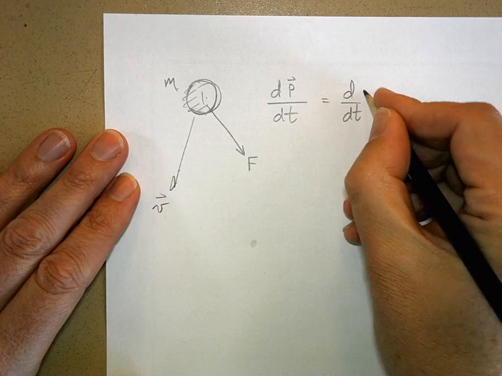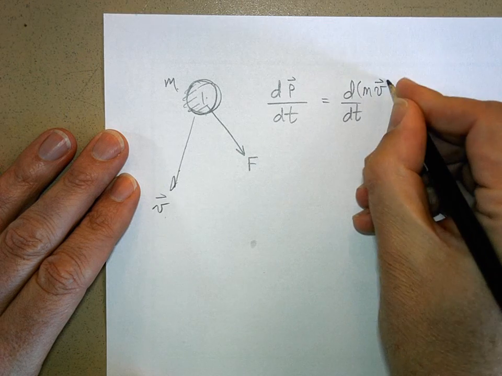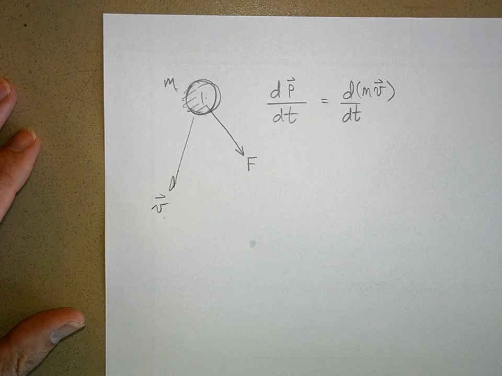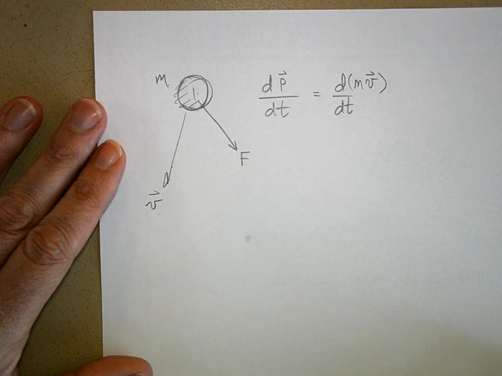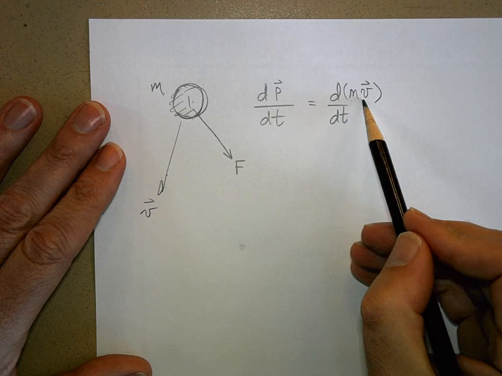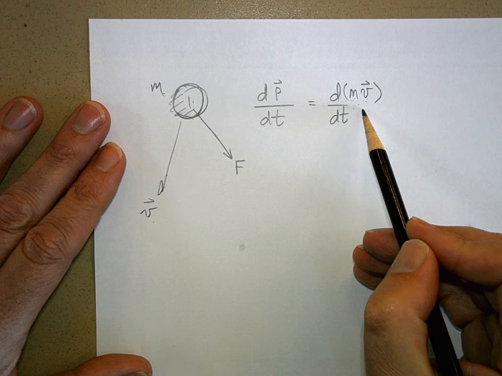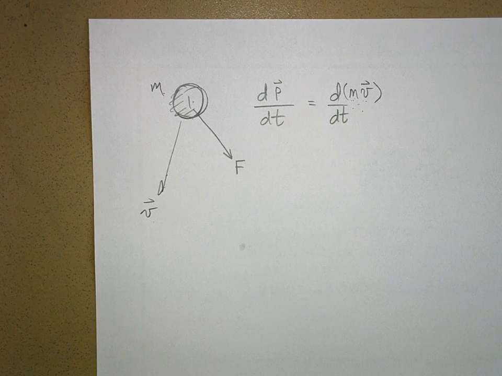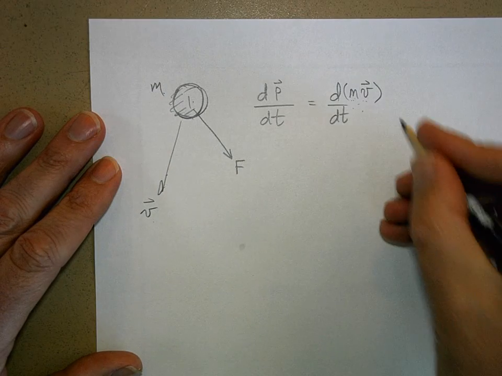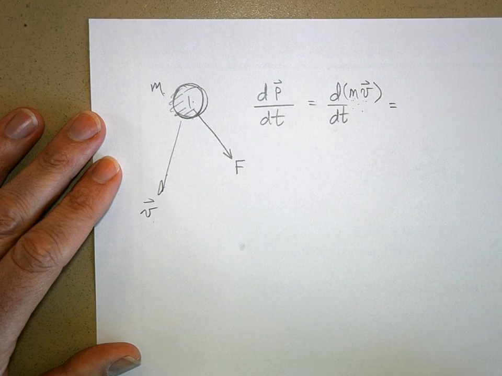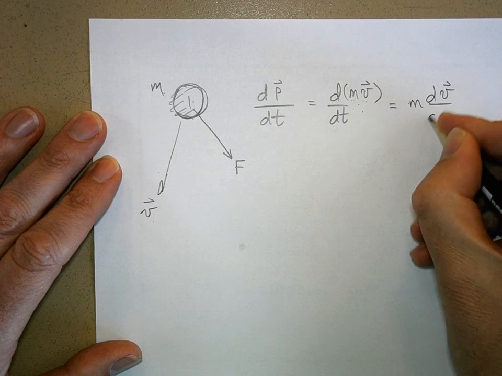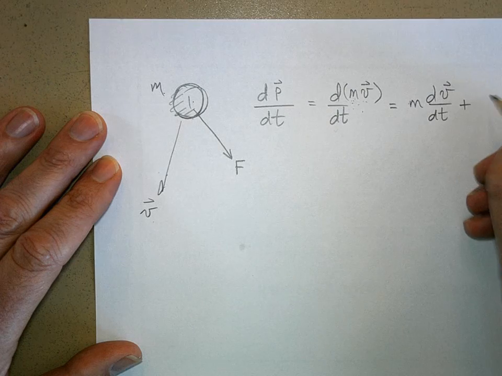Well, this is mass times velocity, right? That's my definition of momentum, is mass times velocity. Let's take the time derivative of this. But look, what is m times v? That is a product, right? Momentum is defined to be the product of mass and velocity. So let's take the derivative of it. I have to use the product rule. It's the first times the derivative of the second plus the derivative of the first